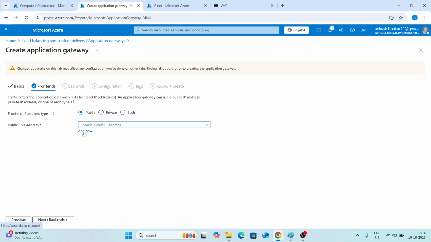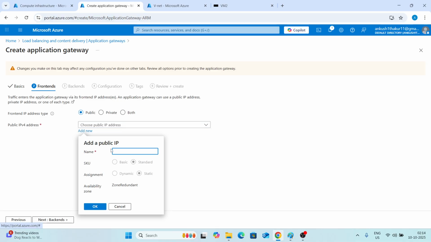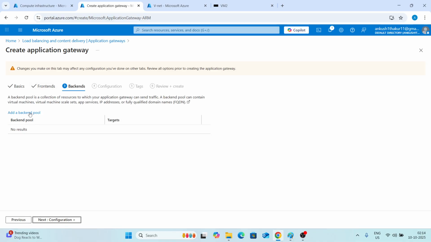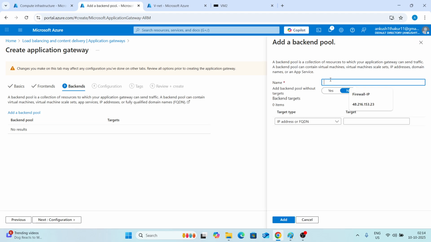I have to create a public IP, so let me create it. Let me give the name App AG public IP. So this is the public IP for application gateway. And then next. Okay, fine. And in backend pool, I will select, let me type it, app